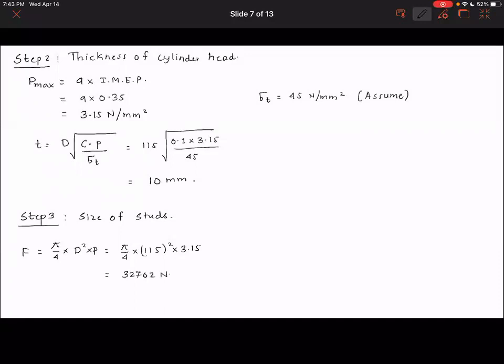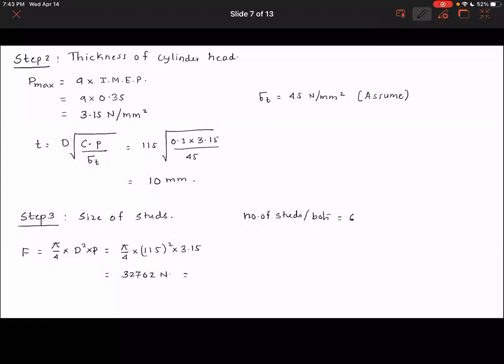So this is the force, and I'm going to use number of studs or bolts equal to 6. You usually have even number of bolts, so 4, 6, 8, 10, 12,